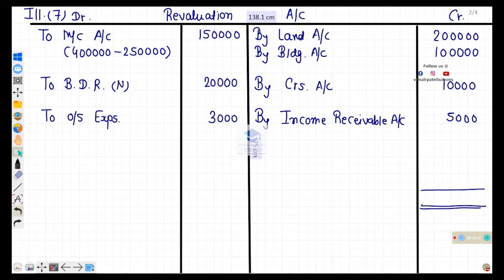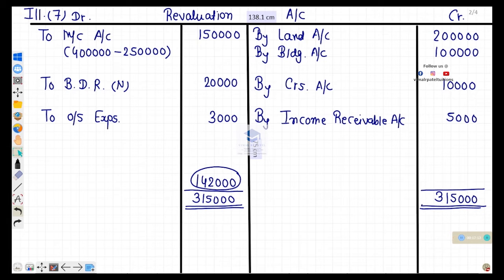Now we will close the revaluation account. Obviously, the total of the credit side is higher, 3,15,000. From that, the amount of the debit side: 3,15,000 minus 1,50,000 minus 23,